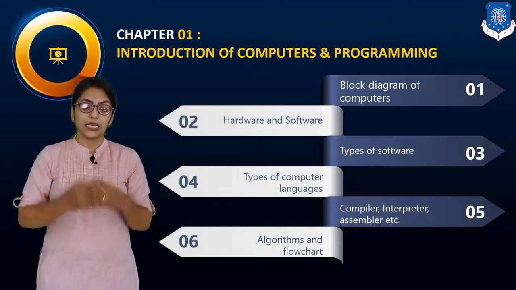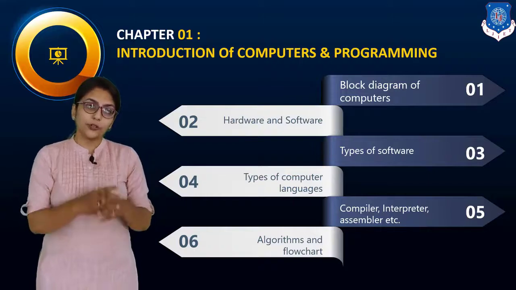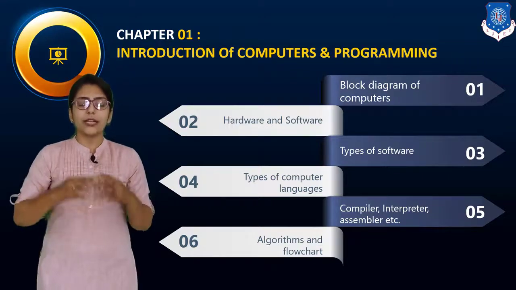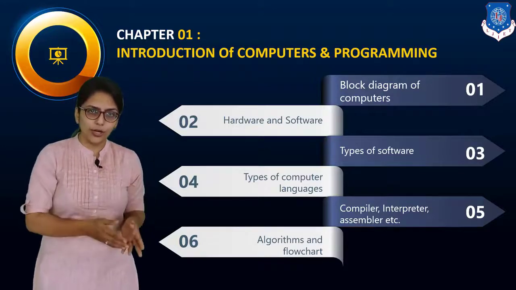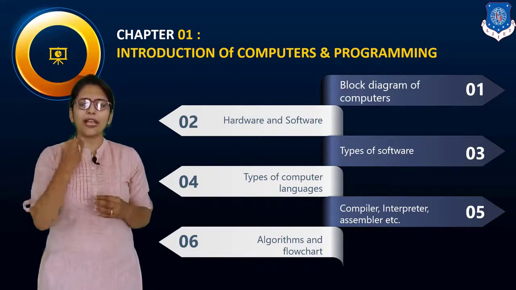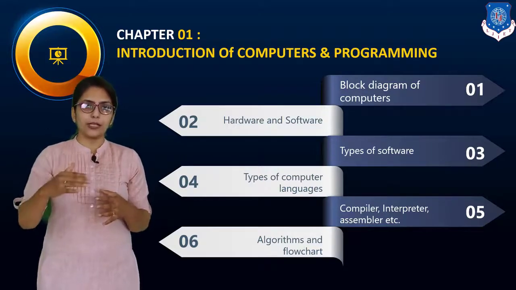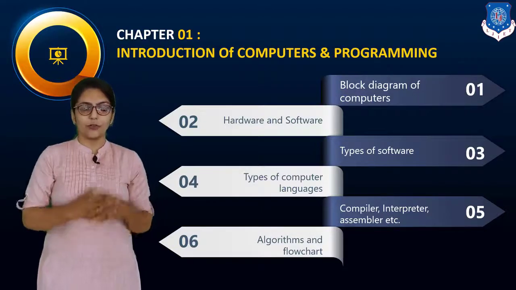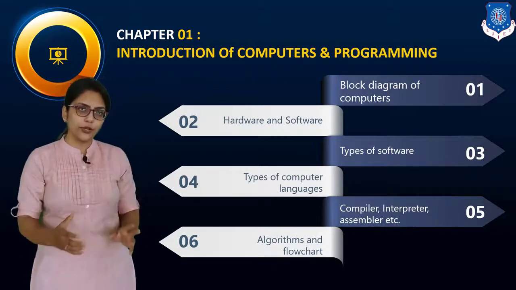Then after, we are going to talk about algorithms and flowcharts. In a higher semester you are going to study a subject called algorithms, and it is one of the most important subjects for a computer science student, whether it is computer engineering or IT engineering, or even if you want to go for specialization. And this is a very basic part of algorithms. We are going to perform practicals. Based on the practicals, we are going to write an algorithm for that practical, and you are going to draw the flowchart. What is the flowchart? What is the algorithm? We are going to talk about that in detail in the video of that particular chapter.